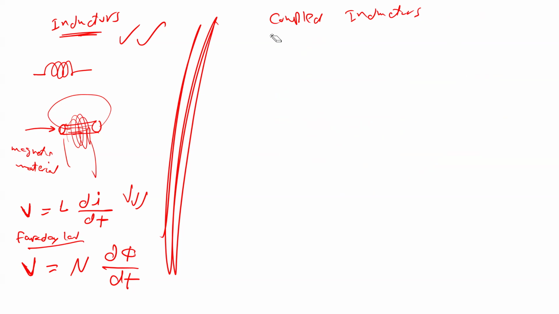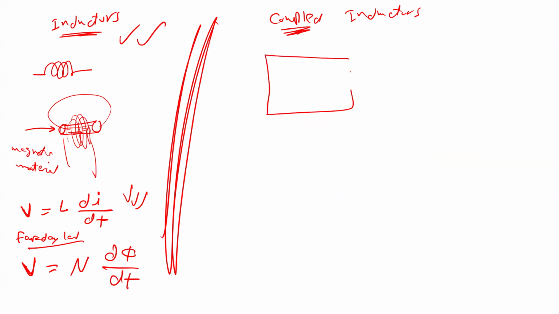We'll call it a coupled inductor. So what happens here is I'm going to change number one. Instead of using only one coil, I can use multiple coils, usually these two, but you can use more if you want. And I will change how the core looks. So actually, what I can do here is